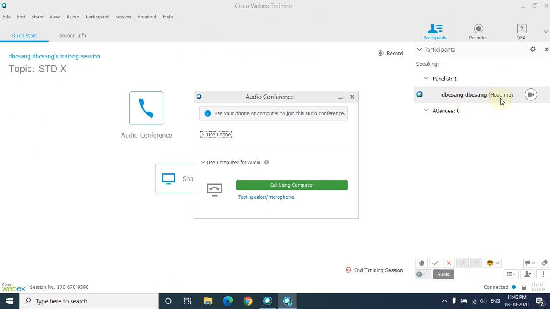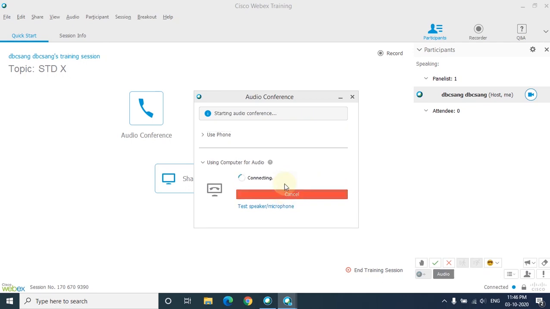I am the host. Clear? And this shows it is the web camera. Clear? And then it will ask you whether you want to join this conference using your computer or some other device. I said I want to join this audio conference using my computer, so I'll just click on call using computer.